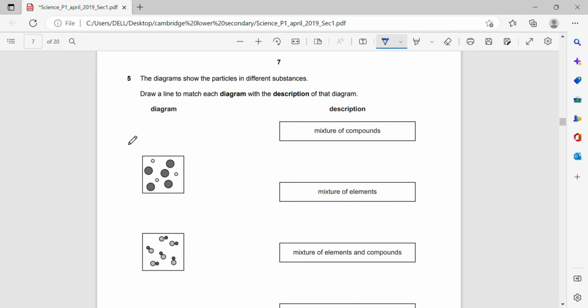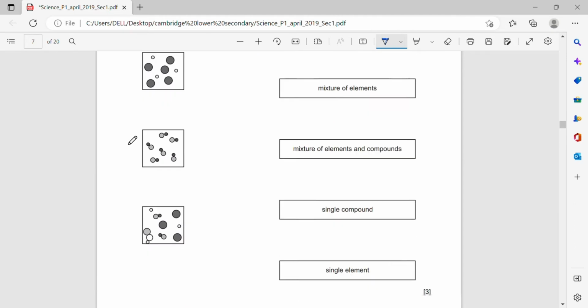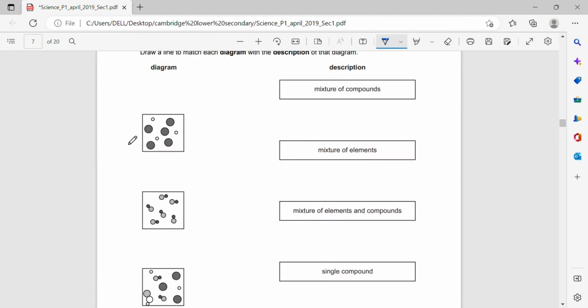The diagram shows the particles in different substances. Draw a line to match each diagram with the description. يبقى عندي diagram بالdescription. نبص لواحد واحد. عايزين هنا ايه؟ عندي mixture of compounds, mixture of elements and compounds وعندي single compound. طيب نبص هنا للdiagrams. مين هنا ممكن يكون single compound؟ هل في single compound عندي هنا؟